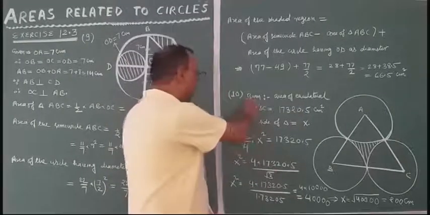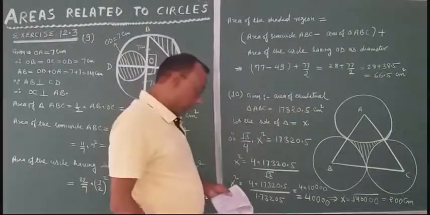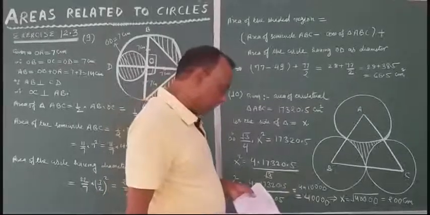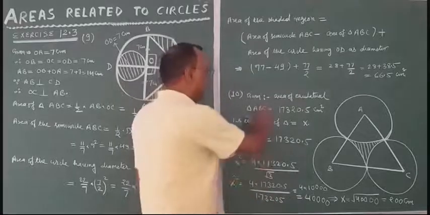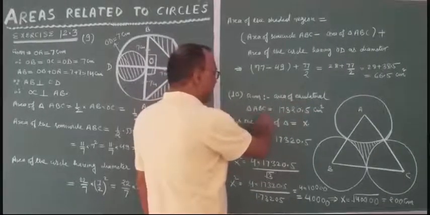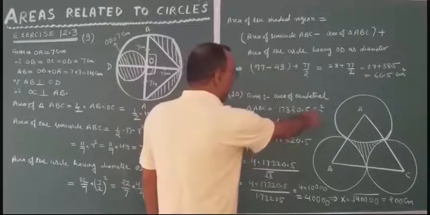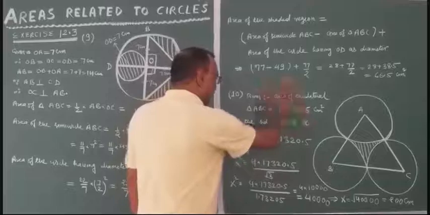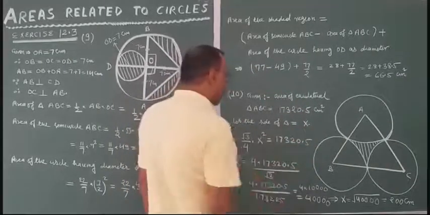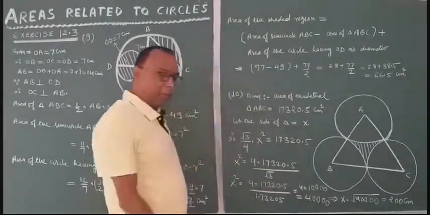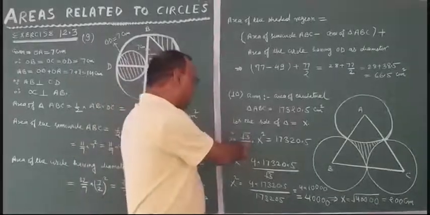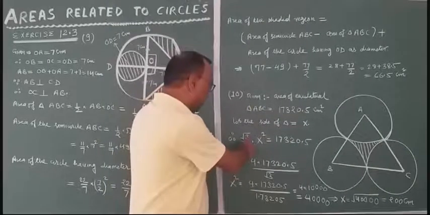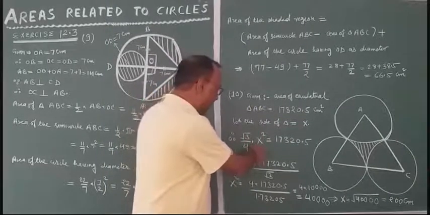Now this is question number 10. You are given that the area of an equilateral triangle ABC is 17320.5 centimeter square. So suppose the side of the triangle is x. The area of an equilateral triangle is given by √3/4 into side square, and the side is taken as x. So this will be √3/4 into x square, which will be equal to